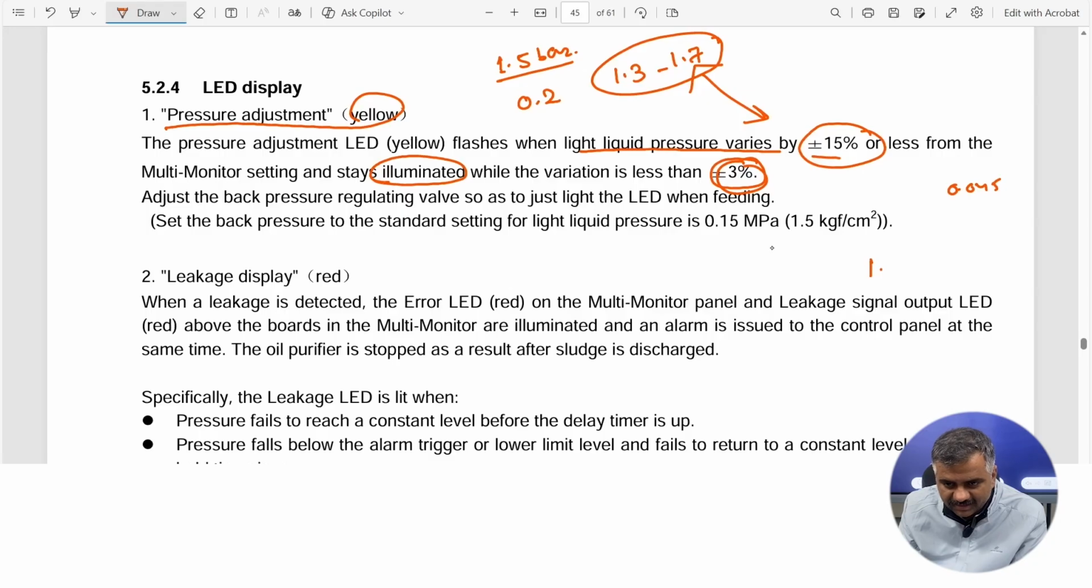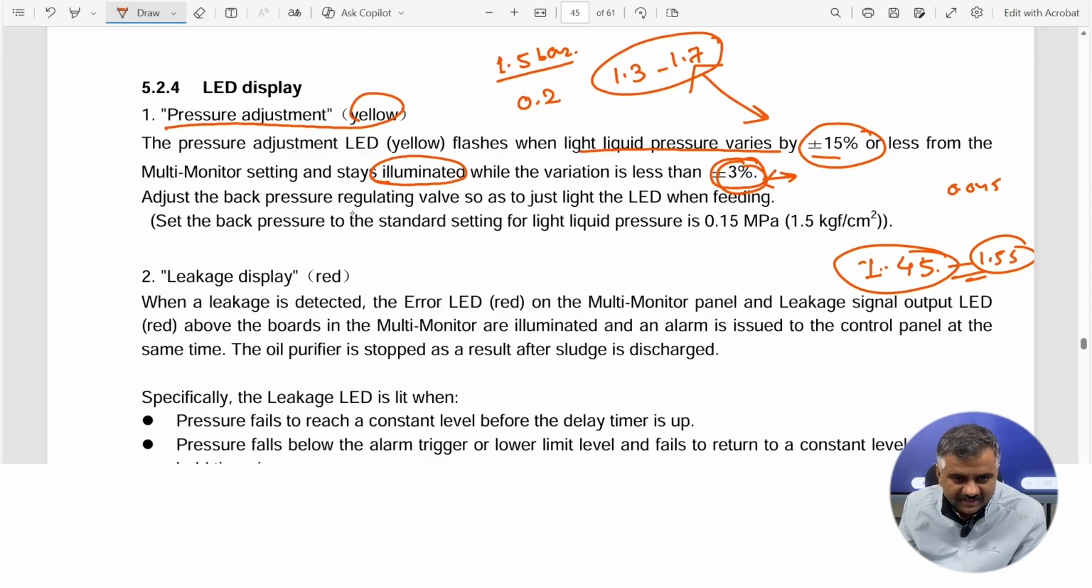So at that period, plus minus 3%, the variation is very less. In that case, the light will be continuously glowing. So that is what the yellow LED indicates. So we have to adjust so that the light is continuously illuminated. That is